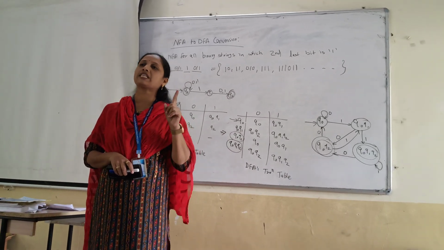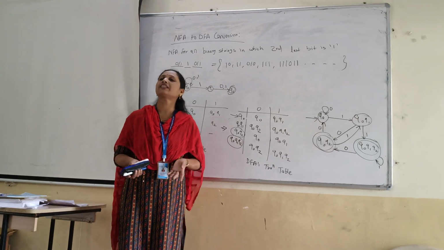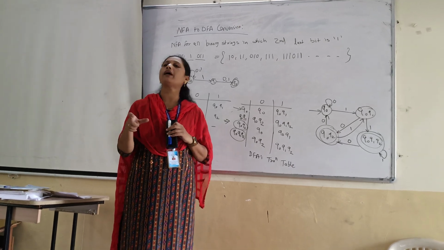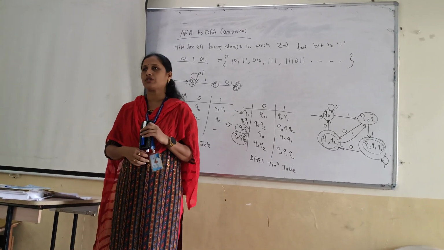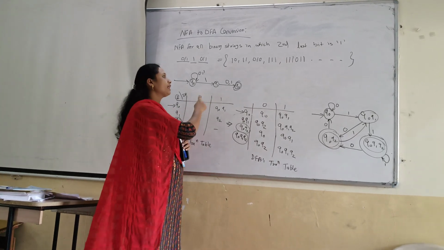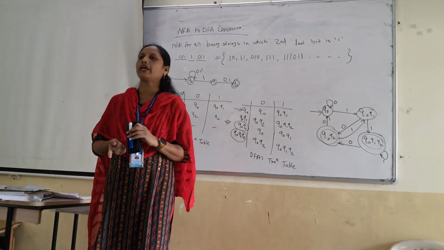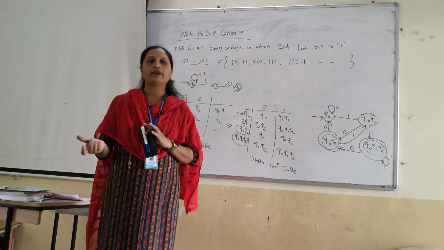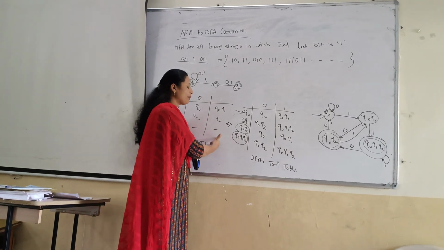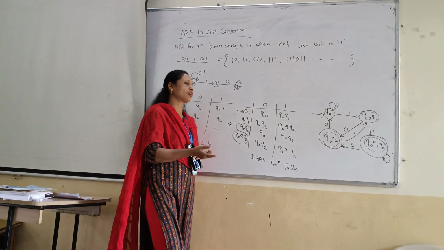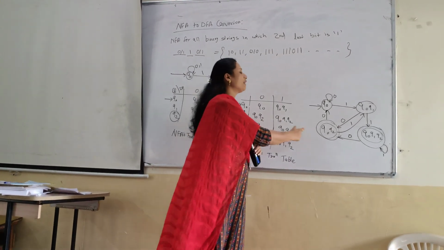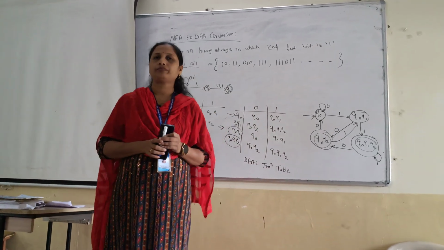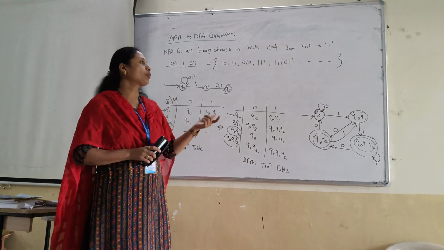Which are the steps? First step is, first of all, you read the statement given, try to understand the language and find out all possible strings belonging to that language. After this, you draw the diagram for the given language, the NFA. After NFA, you draw the transition table for NFA. After that, you convert NFA's transition table to DFA's transition table. After that, you draw the DFA diagram for the given DFA's transition table. Now, through an example, we are going to understand it.